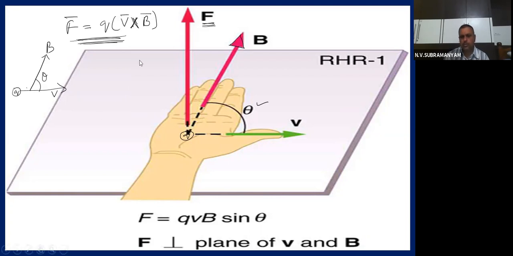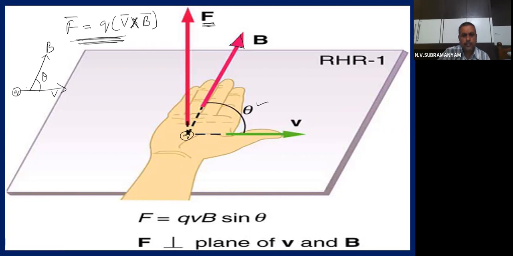So you know, all of you, if I keep the palm like this, what is this diagram showing to us? If you take the palm, the plane of the palm, B direction and V direction are like this. Then if you are rotating from V to B using the right hand thumb rule, you can see that the force will be given by the thumb direction. And force is perpendicular to both V bar as well as B bar. It will be given by the right hand thumb rule, cross product.